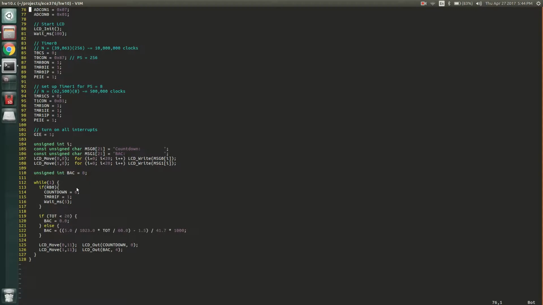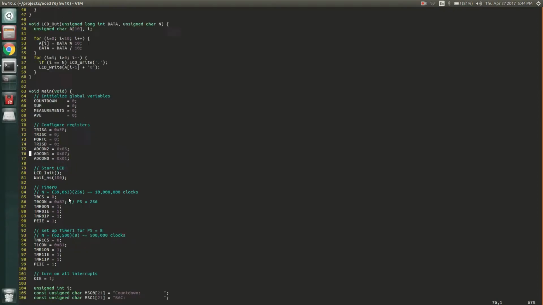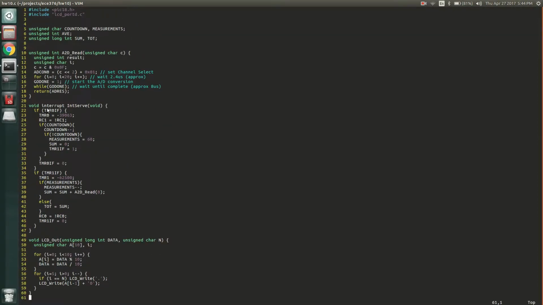We start the countdown equals 6, and it immediately gets decremented, so it starts at 5. And then we set timer 0 to 1, which will start our interrupt. Okay. If we go up here, timer 0, we set timer 0 to this number, which ends up, along with the PS number, counting once a second. We decrement the countdown, and then once the countdown is equal to 0, we set measurements